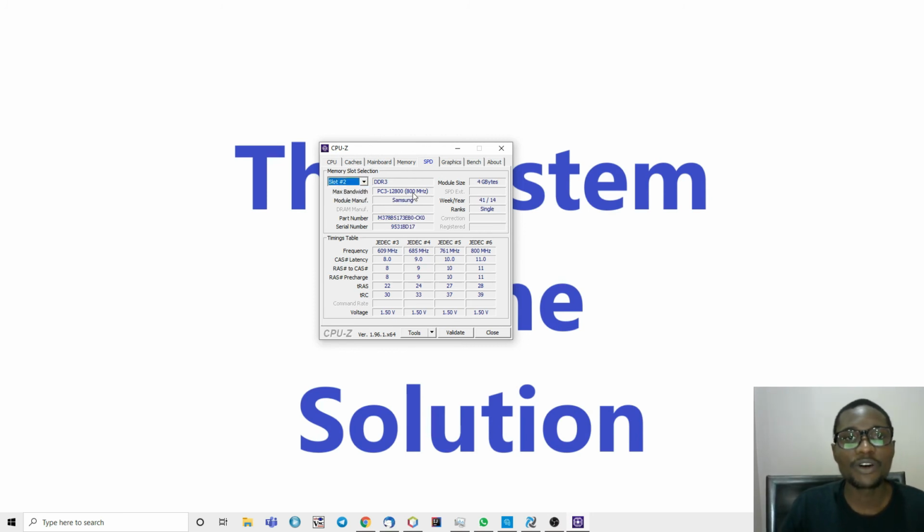If you see, all of them are running on the same frequency, which is 800 megahertz, meaning my two RAMs will work together perfectly because they are running on the same frequency. But let's say the other one was running at maybe 900 megahertz or something like that, it would be forced to run at 800 because the PC will only